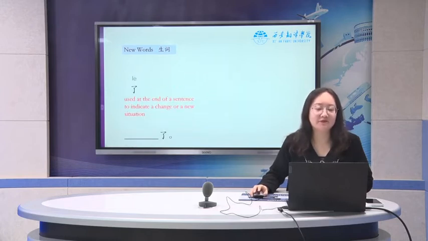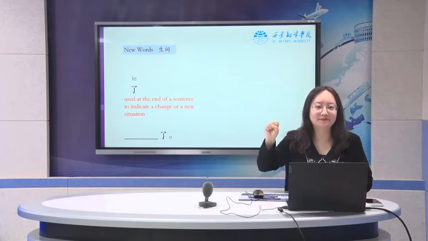And then this is very important. 助词 are very important in Chinese. Please memorize 了. Please pay attention. It's a neutral tone. 了。